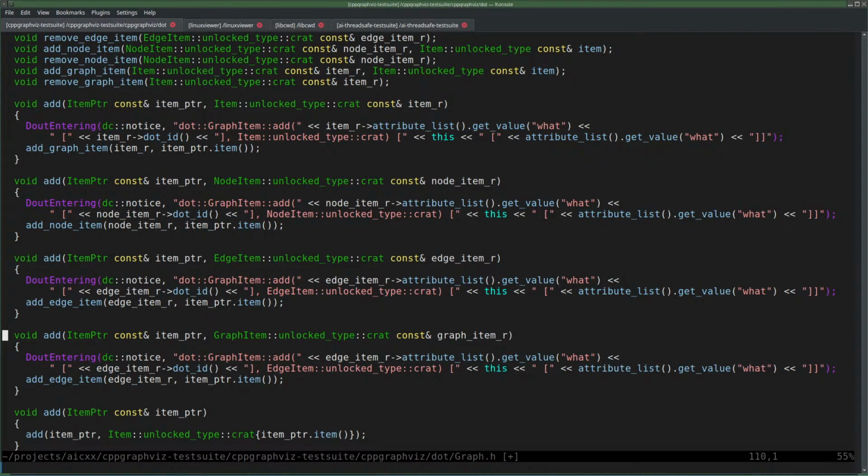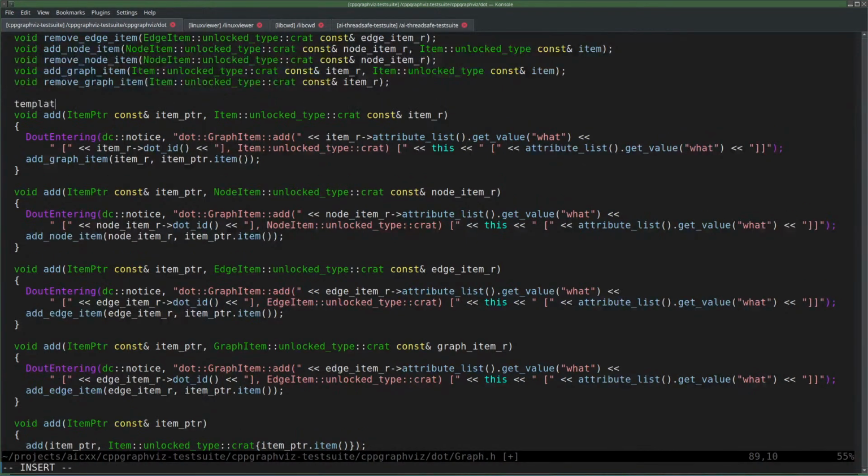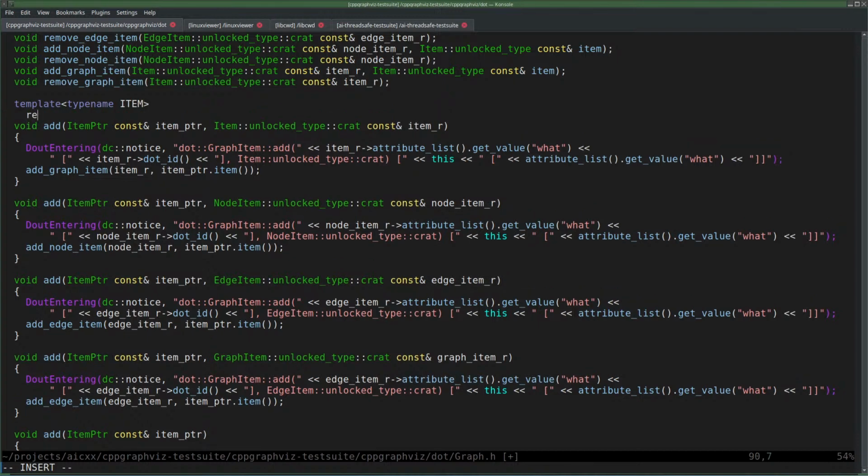I'm going to turn these things into a template. Come on, this is already 4 of them. Let's make it a template. So template typename T, whatever. Nah, item requires.